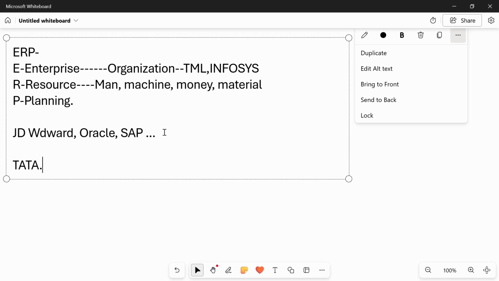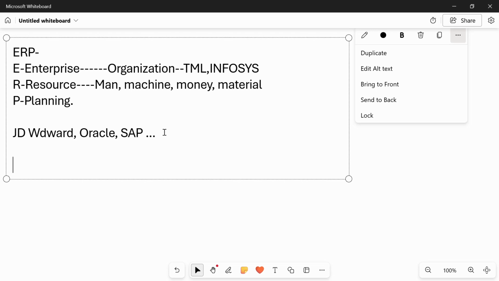So to manage all those things, at the correct time the store person should know how much level of the material is there, and how much quantity is safety stock. If they maintain safety stock, and the stock falls below that safety stock, they will start the procurement process. So to manage resources efficiently, they have ERP tools like Oracle, JD Edwards, SAP. Okay. Now we will talk about the SAP.